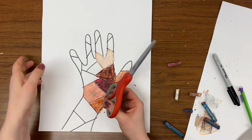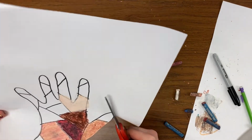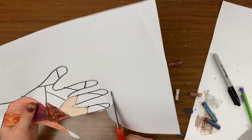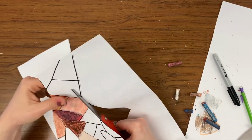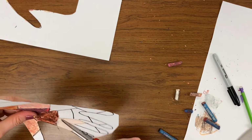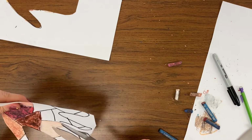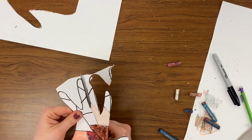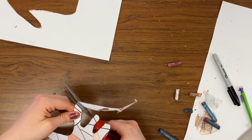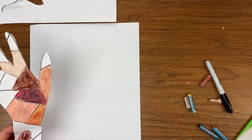Now I'm gonna use my scissors to cut it out. Go back into these little pieces. I like to do those last because they're kind of tricky to get inside of. Okay, that looks good. Now I'm gonna grab my second piece of paper here, and I'm gonna glue this down,